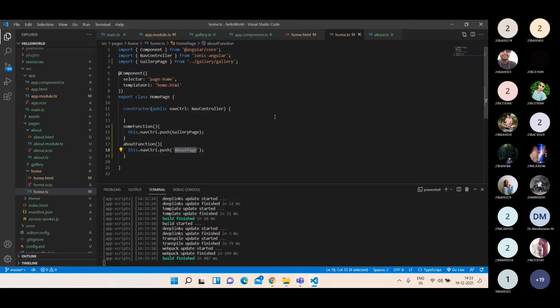So is this JavaScript or Java? This is not JavaScript. This is not Java. This is TypeScript. Means internally it will be converted to JavaScript only, but the code will look like Java programming.